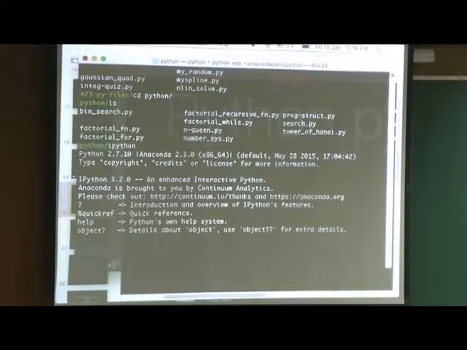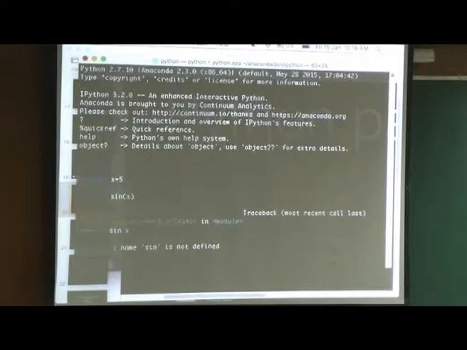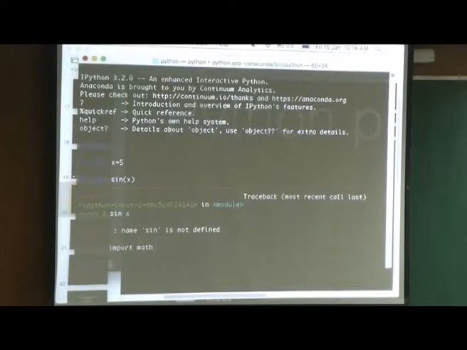It's the usual stuff, x equal to 5, but I want to say sine of x. Do you think it will give the answer? Sine not defined, because it does not know what sine is. So I have to import numpy, or you could also import math. Math will work. You can import both. Let's import math and see whether it works. If I say import math, it will import everything of math. I imported math. Sin x, will it work?